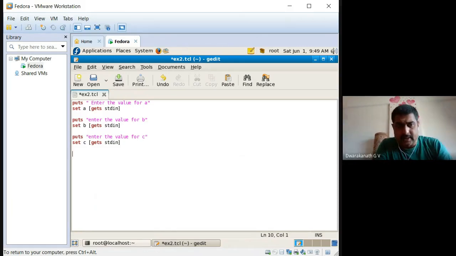So how to find the largest and the second largest of the three numbers? If, flower brace. I told you a conditional statement will always start with a flower brace. So then flower brace. Now compare. I will take A. If A is greater than B and A is greater than C, then largest will be.